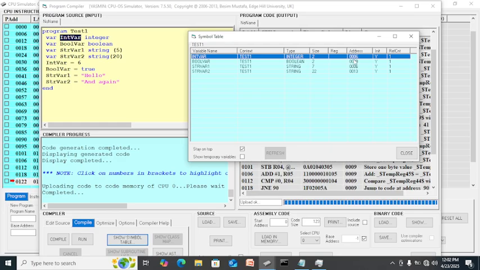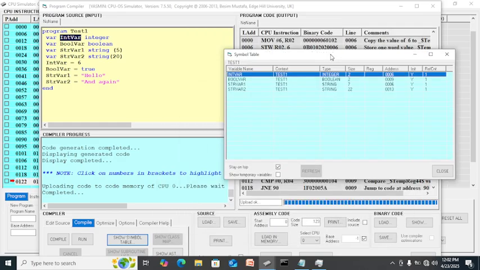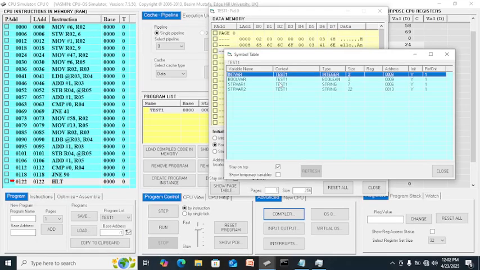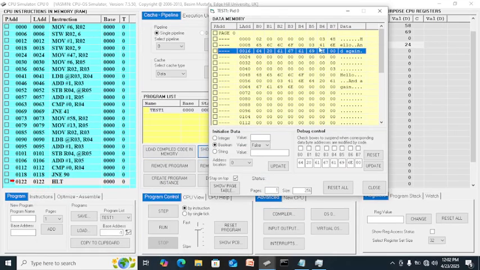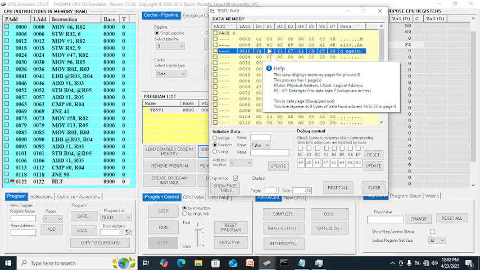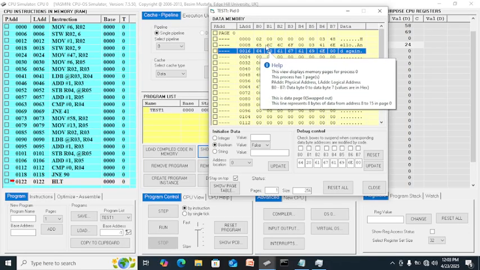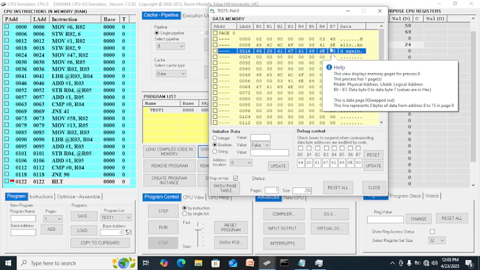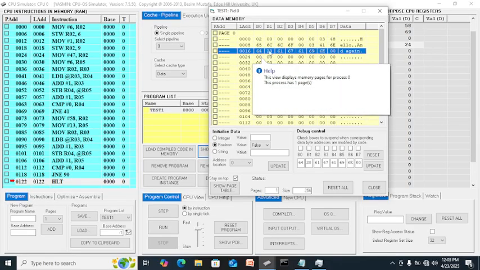Alright, so these are the addresses, 69613. Here the 6, 7, 8, this one is 8, 9, 16, 3.